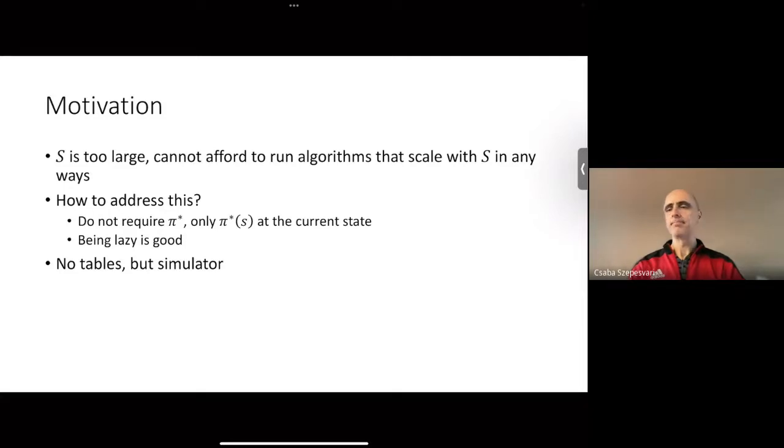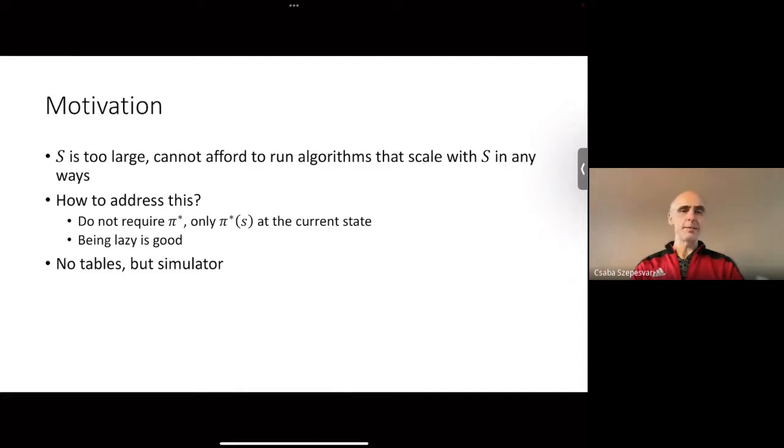We were looking at algorithms, value iteration, policy iteration, that make it look as if we could read big tables, tables that describe a Markov decision process, and then process them and compute a policy at every state. Well, of course, this is going to require touching every state at least once. What if you have too many states?